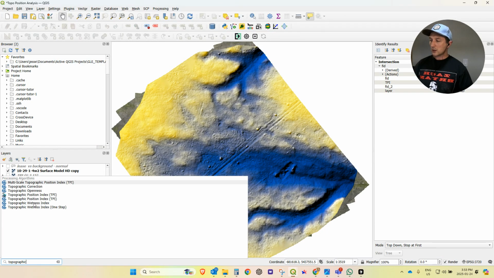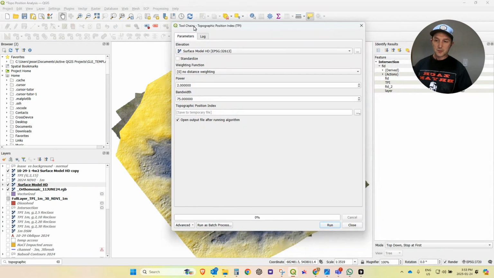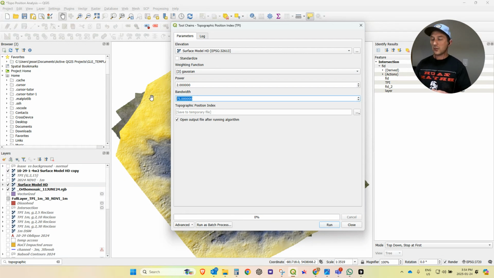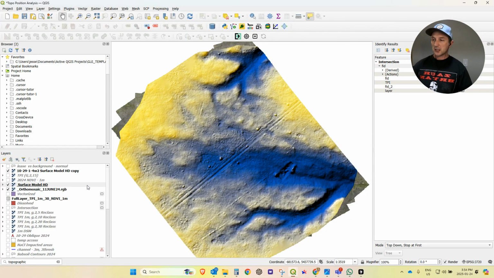So long story short, when I use SAGA's TPI, I've been using a Gaussian weighting function and a bandwidth. I wasn't really sure how this works, and it all plays into the eventual outcome. So I wanted to iterate through this, but I have to make a new TPI raster, and then convert those to polygons and zones before I can do any kind of stats with them. So I decided to experiment with